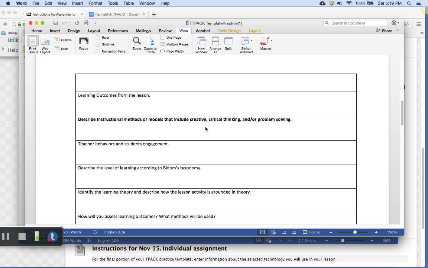That would be your instructional method. And it wouldn't be very difficult to determine if it was creative or critical or problem solving in your instructional method. Other things we've talked about in class are things like if you have a collaborative group project that might use inquiry-based learning with it, or if you as teacher present a slide presentation